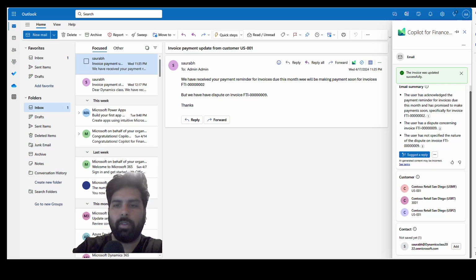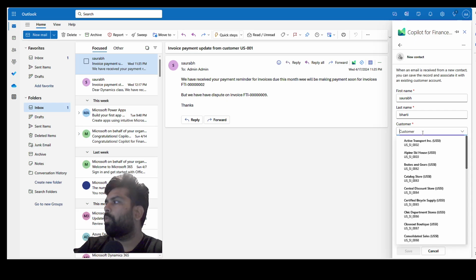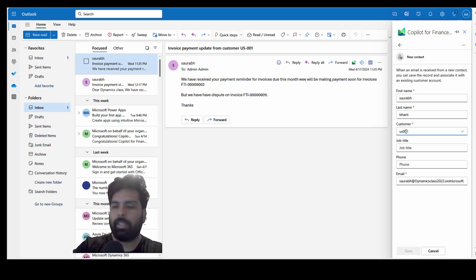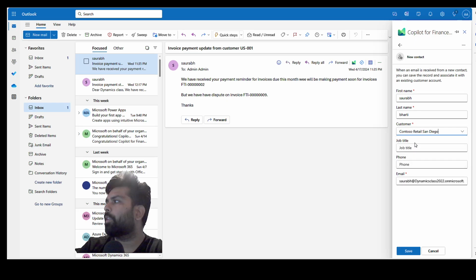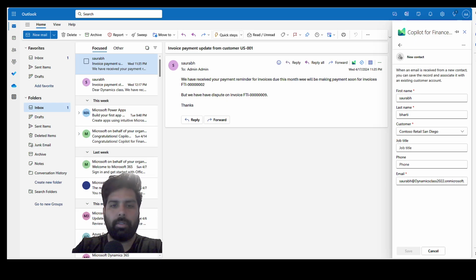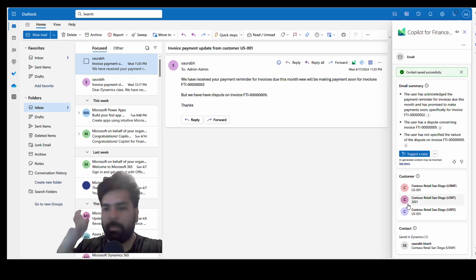Now if I want, I can click on add and add this particular email address to any of my customers. I can select this contact I want to save, add my name here as the contact name, and then select which customer I want to add this to. Let's say I want to add it to US-001. So USMF I want to add, and I can add other information and the email address and then save this. This is also going to help me save the contact information to the customer master. So once that is done, I have summarized my email and taken the action based on that,